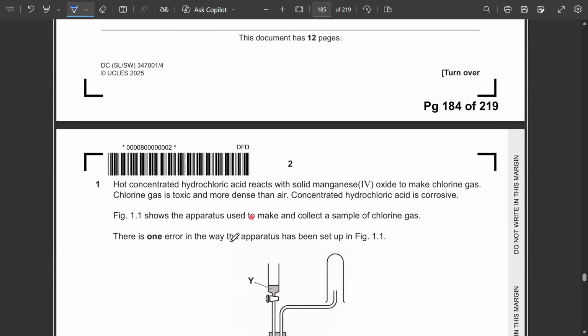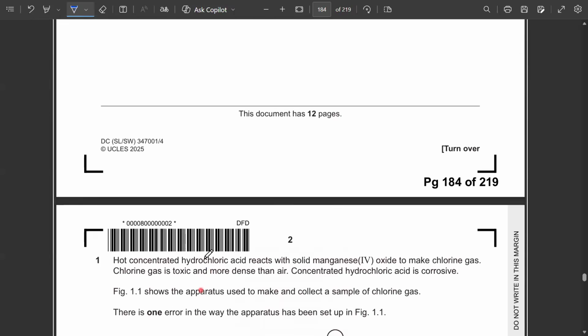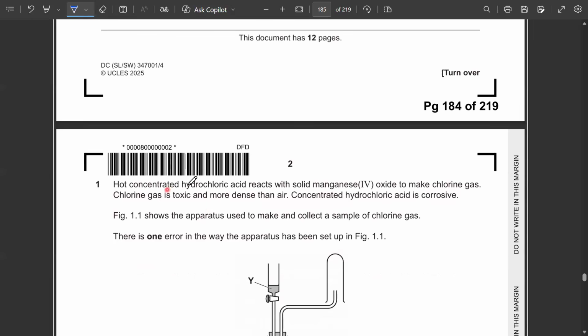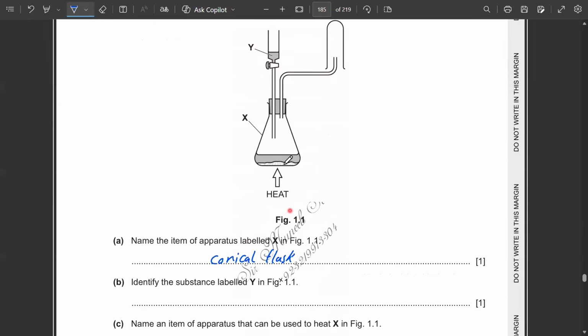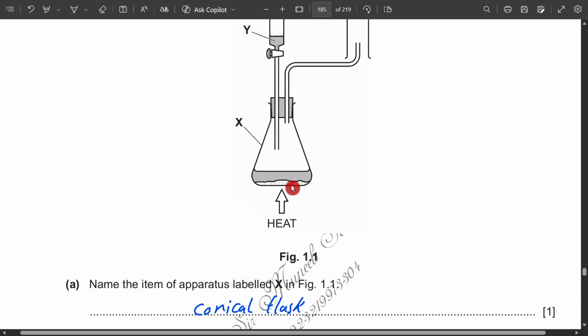So for this purpose, if we go back to the question, it said hot concentrated hydrochloric acid reacted with the solid compound manganese oxide. So the compound is inside of the conical flask over here. This white portion indicates a solid substance present,